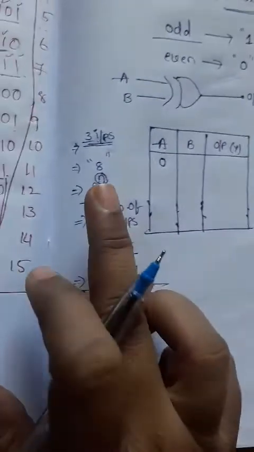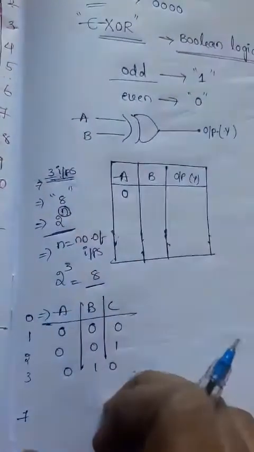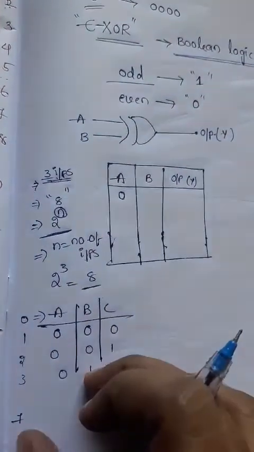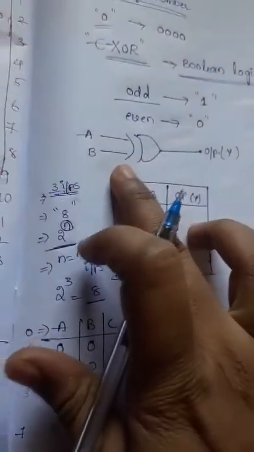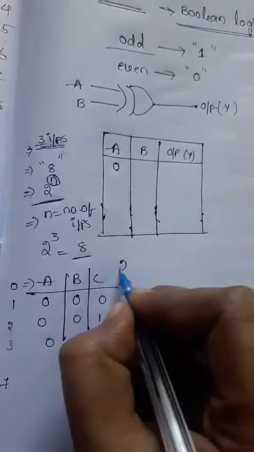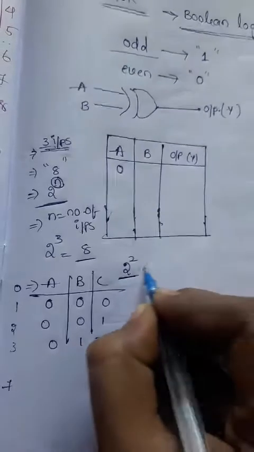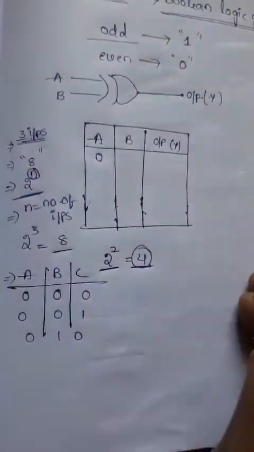Okay, so which formula can we follow to choose the input combinations? The 2 power n formula. We can apply that same formula in the same way. Whatever procedure we followed before will be followed here also, for the XOR gate, which has two inputs. So what is the formula? Number of combinations is 2 power n. Two inputs is 2 squared. So how many possibilities do we get in total here? 4 combinations.